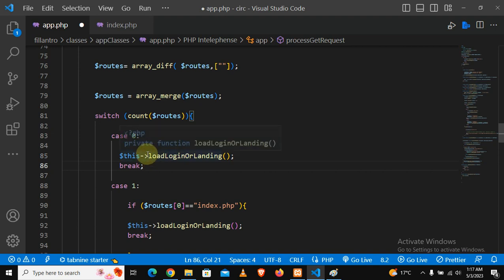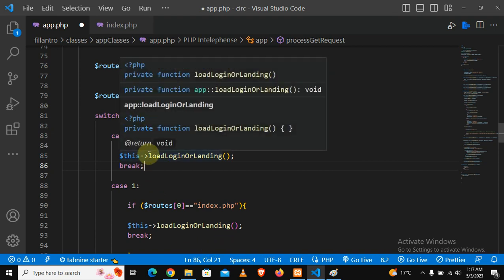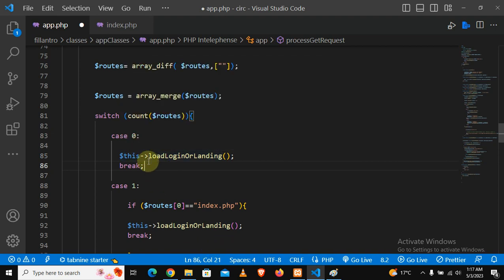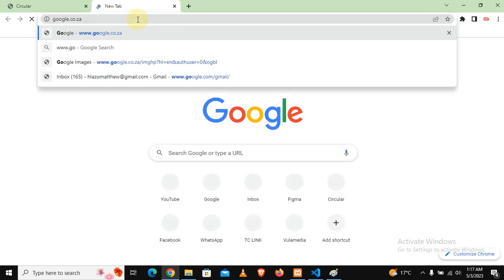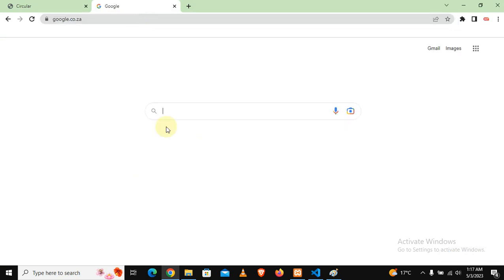I learned this from a guy called Uncle Bob. He's a genius in programming, software architecture and clean code, and he has a book called Clean Code. Let me quickly search him. It's important that you search him and also follow him on